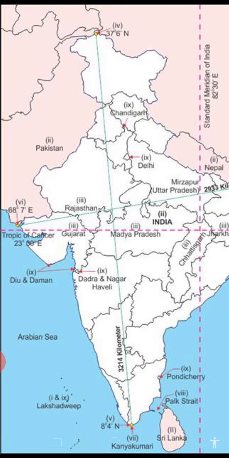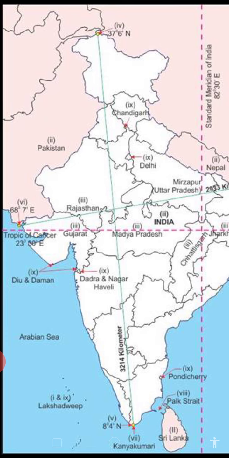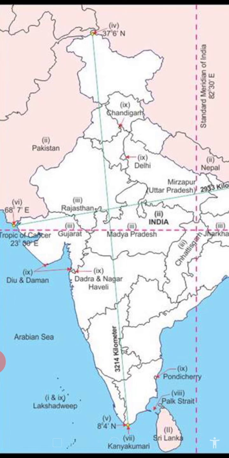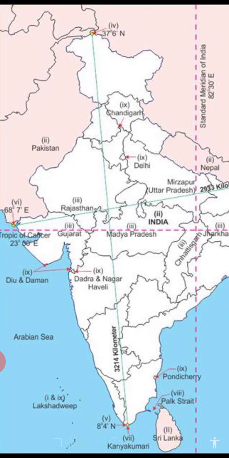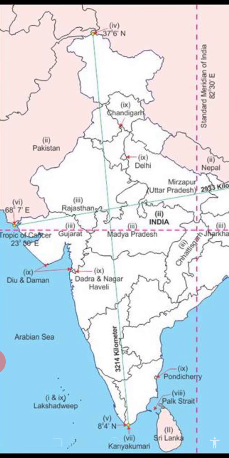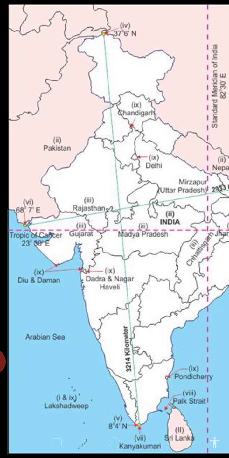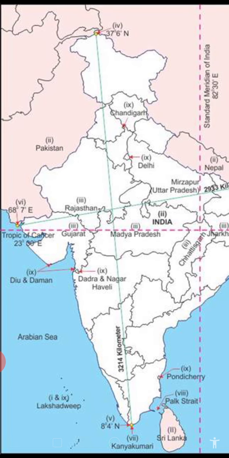Students, you will be surprised to know that the longitudinal and latitudinal extent of India is almost 30 degree; it's 29 point something. You may subtract 8.4 degree from 37.6 degree and you will get the result. In the same way, you will subtract for the longitudes, starting from the western tip of Gujarat.